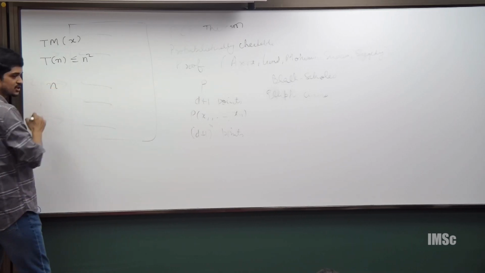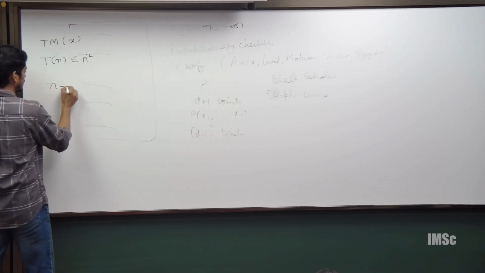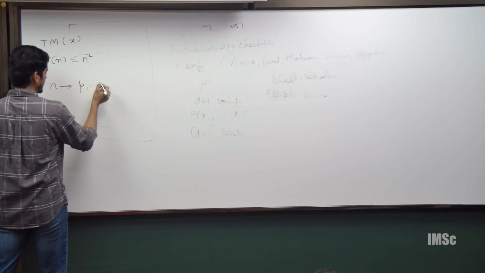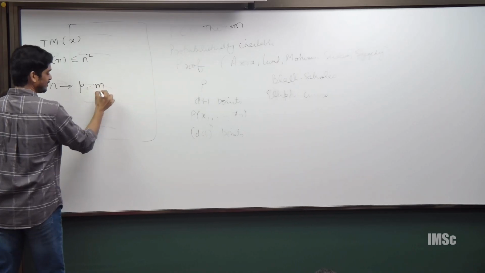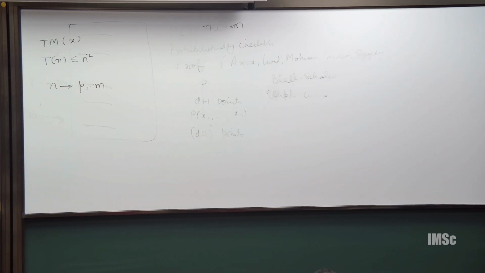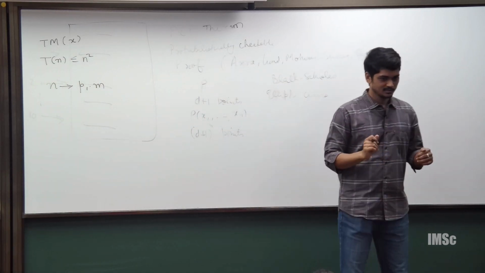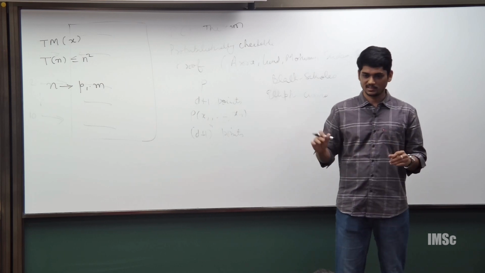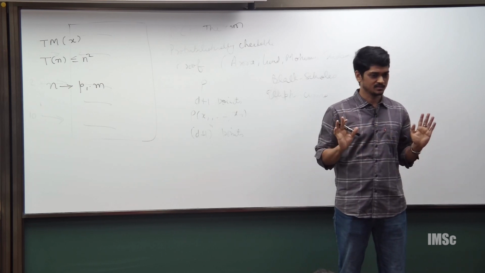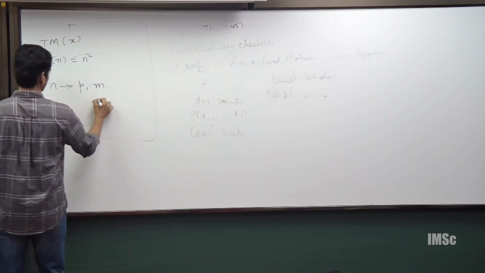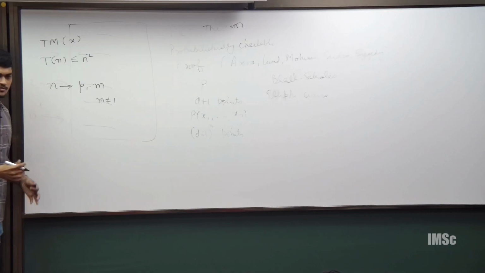So you are given a natural number n, and you are supposed to output a prime p1 that divides it. So it's not about checking, it's about giving me a prime that divides it, and divides it non-trivially in the sense that this m is not 1. This is called factorization, right? This is what factorization is,